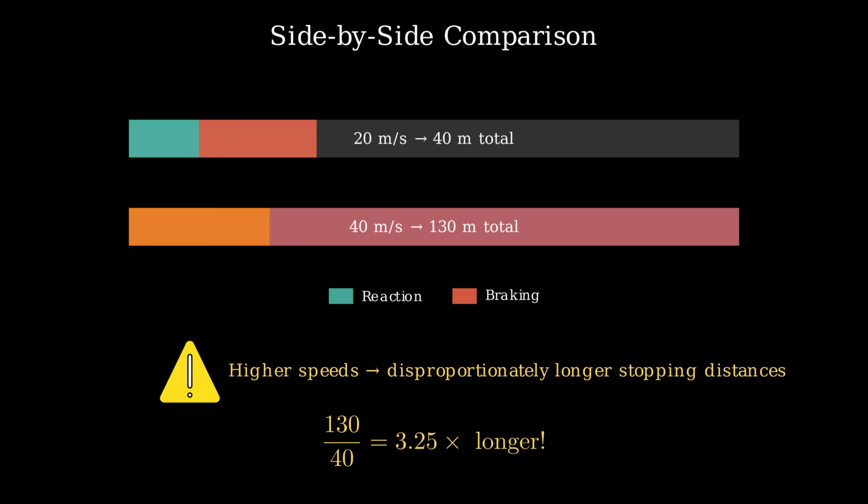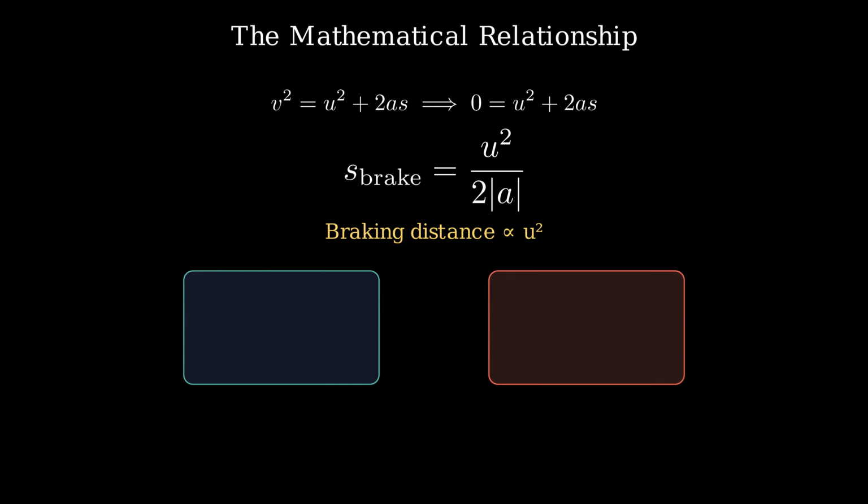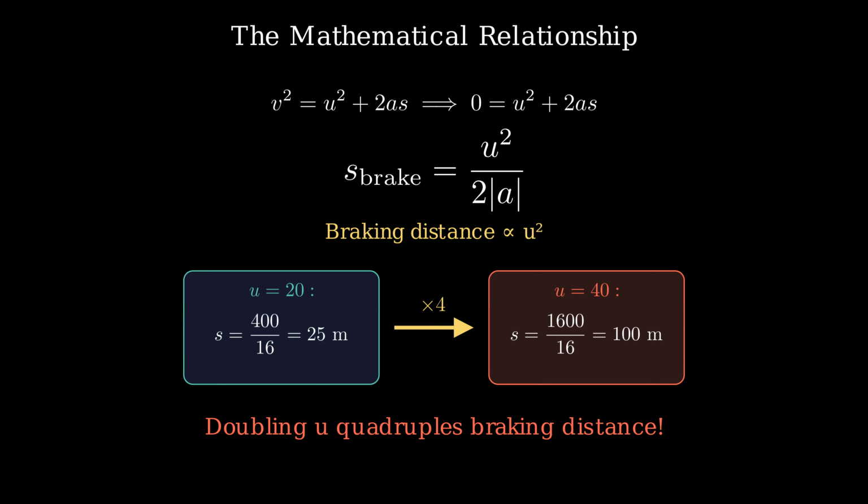Compared to 40 meters at 20 meters per second, doubling speed more than tripled the stopping distance. In fact, let's show the mathematical relationship. Braking distance is proportional to velocity squared, s equals u squared divided by 2a. If you double velocity, the braking distance increases by a factor of 4, and that is a wrap on motion